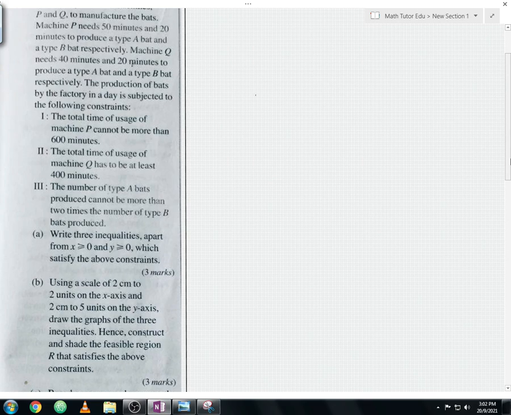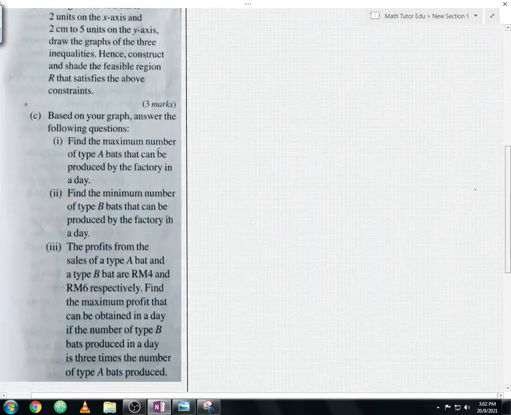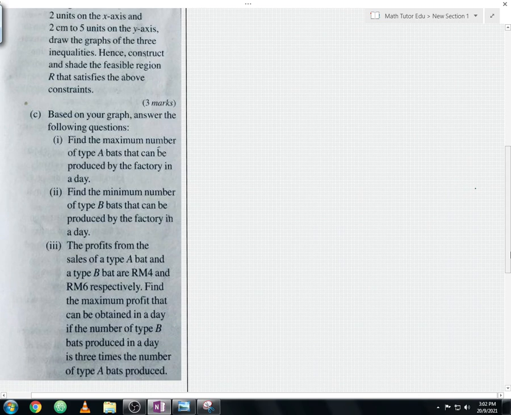Okay, so from here, let us continue to read the question part C. Based on your graph, answer the following questions. Within question part C, you have 3 sub parts. Let me read the part 1 first. Find the maximum number of type A bats that can be produced by the factory in a day. For the question C, part 2, find the minimum number of type B bats that can be produced by the factory in a day. For the question C, part 3, the profits from the sales of a type A